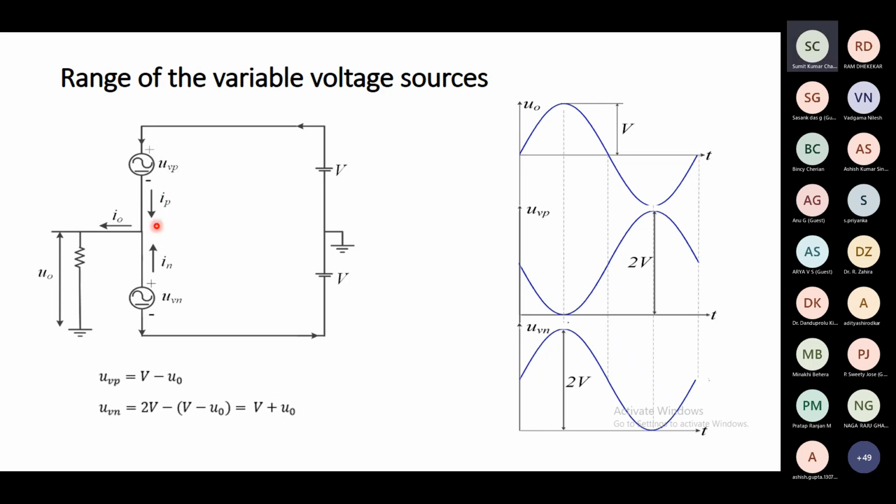It's so simple. This point is going to be connected here. We want to connect this point over here. So this variable voltage, how much should be the voltage here? Am I clear? Is the question clear? Am I audible? Yes, sir, you are clear, sir. You are audible. Okay.